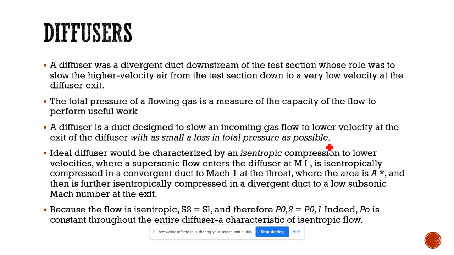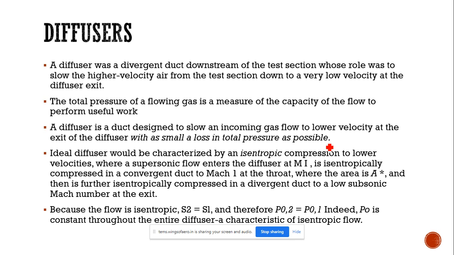For supersonic aircrafts, first of all, for the combustion process we need to slow down the velocity, then only we will get efficient combustion. The combustion efficiency will be good. So for that purpose we need to slow down the velocity. Afterwards, for a supersonic aircraft, after the combustion process, in the nozzle we need to increase the velocity. But for supersonic wind tunnels, we need to decrease the velocity after the flow leaves the test section.